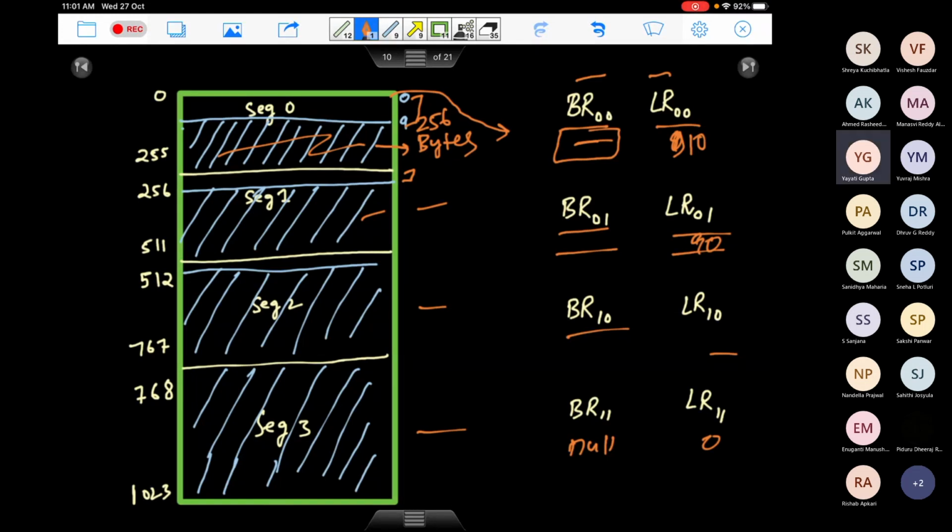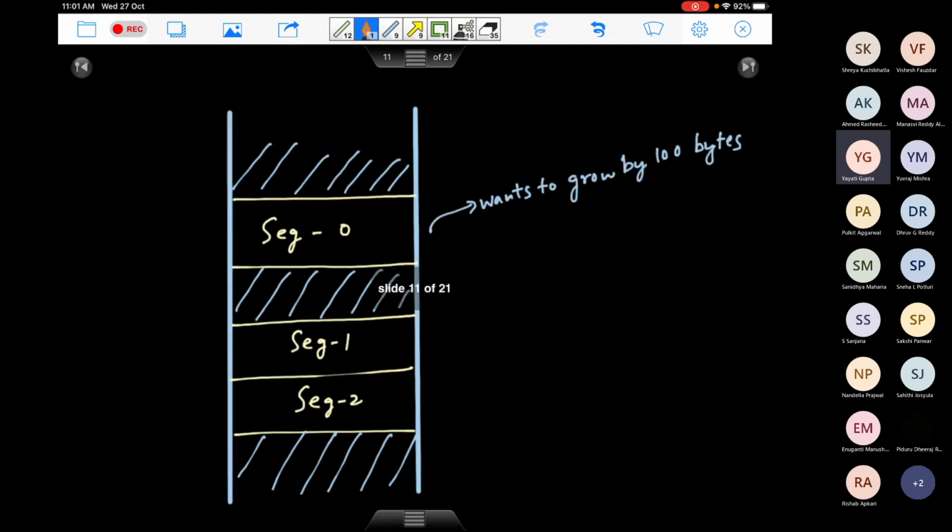Why did we implement paging, if you remember? Paging was this idea that you do not need to have a process contiguously in your main memory. You can divide a process into multiple parts and scatter it all over the main memory. We can do the same thing with segments here. Why do we want to keep an entire segment at one place in the memory? Let's page the segment. Let's divide the segments into equal size pages, and then you can have this segment at different places in the memory. Right? Okay.